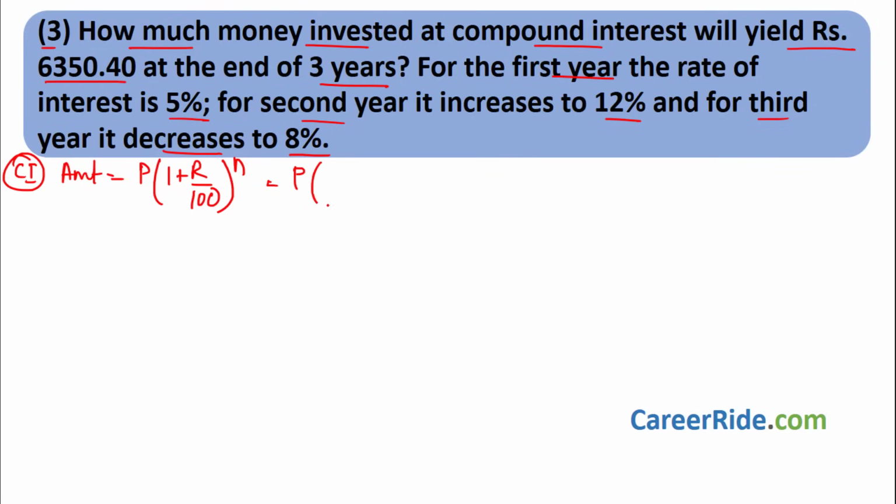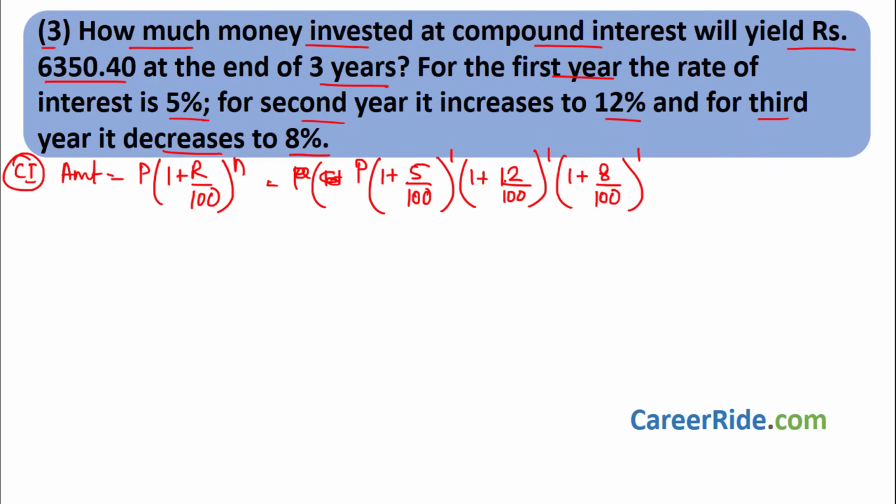This is the principal amount. Then for the first year, what is the rate of interest? What is the principal amount given? We do not know. Let us assume the principal amount to be P. For the first year, the rate of interest given is 5% divided by 100. Now this 5% is only for 1 year, that is the first year. So we'll have time period as 1, multiplied by, what is the second year rate of interest? 12% divided by 100. Now this 12% is only for 1 year, that is the second year. So multiply by raised to 1 because time period is 1 year, plus 1 plus 8 upon 100 raised to